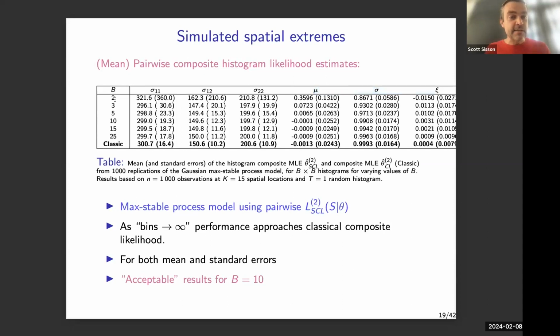Again, we're increasing the number of bins on each of the marginal bivariate histograms: a 2 by 2 representation, 3 by 3, 15 by 15, and so on. And we can see that the MLE is approaching what we would get if we just bit the bullet and did the number crunching on the full data analysis. All of these are converging variously quickly, depending on how easy these parameters are to estimate. You might say that at about 10 by 10 or 15 by 15, we're getting reasonably good results. Okay, so what do we gain on simulation speed?